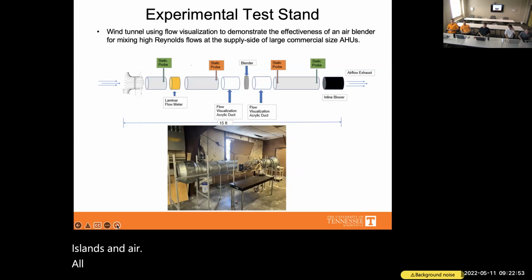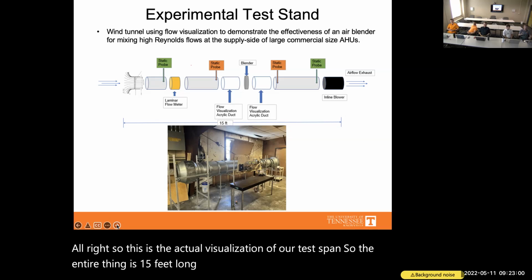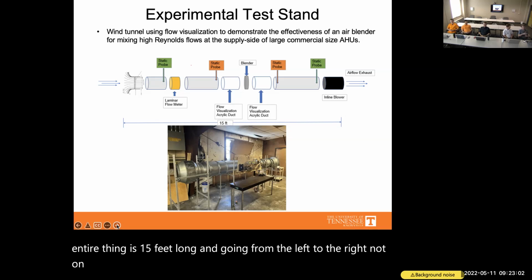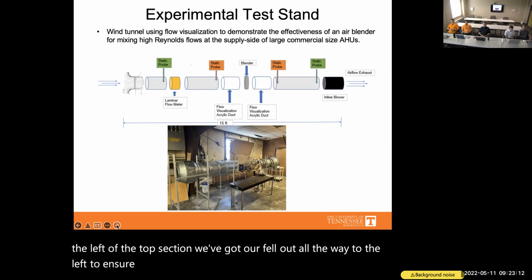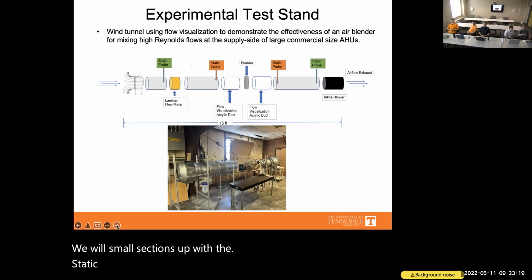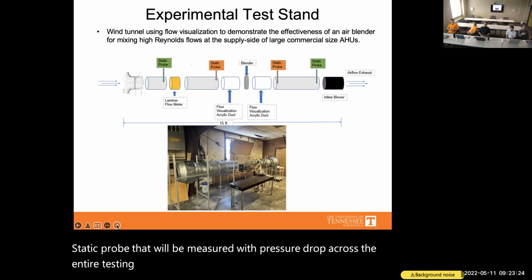So this is the actual visualization of our test stand. The entire thing is 15 feet long, going from the left to the right, though the picture's flipped when you're looking at it. On the left of the top section, we've got our bell mouth to ensure that we get an ample amount of air entering our system. We have a small section of duct with the first static probe that will be measuring the pressure drop across the entire testing system. After that, we've got a laminar flow meter with a honeycomb grid inside of